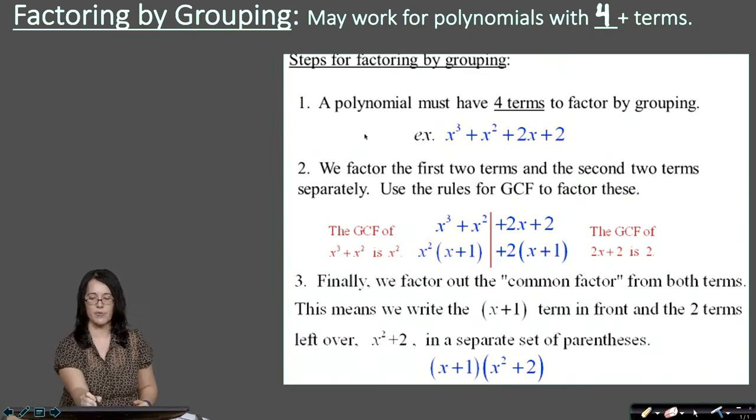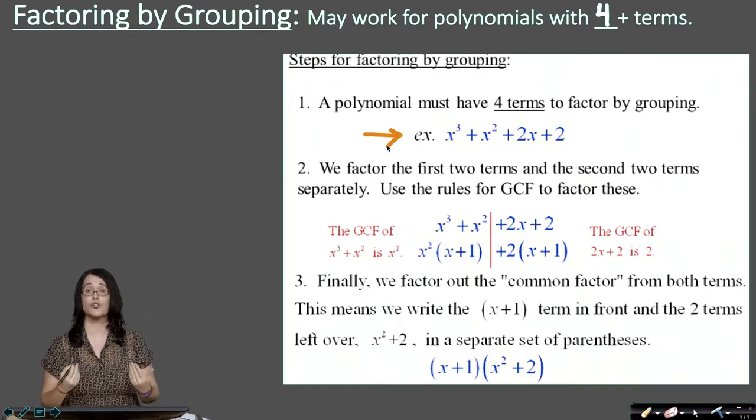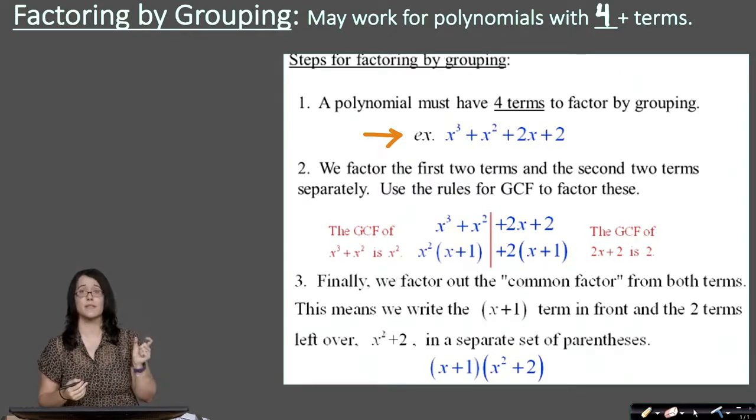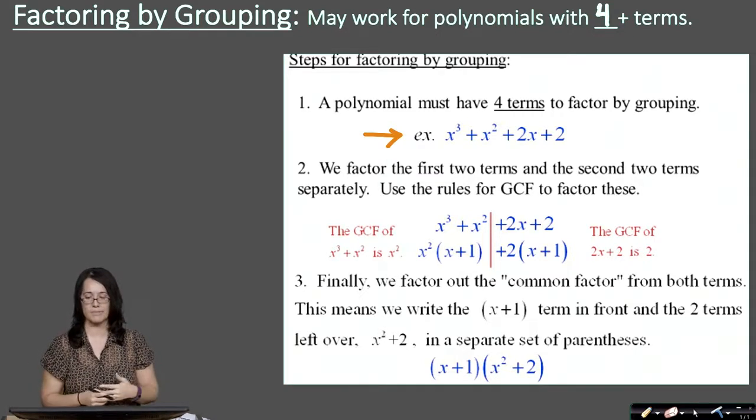I begin with the polynomial x to the 3rd power plus x to the 2nd power plus 2x plus 2. That has 4 terms, doesn't it? So it's not a trinomial, it's not a binomial. It's technically a quadnomial, but we don't usually use any special prefixes like that after the trinomial. We just say a polynomial with this many terms. So we have a polynomial with 4 terms, and that means it is fair game for potentially using this grouping